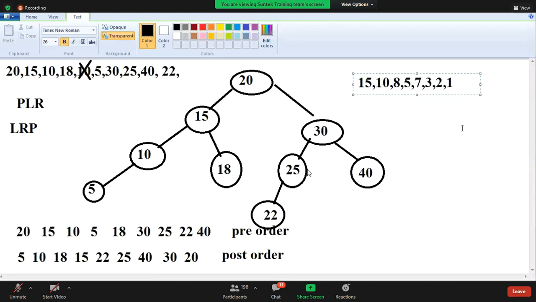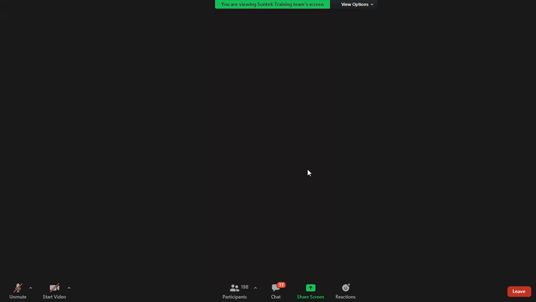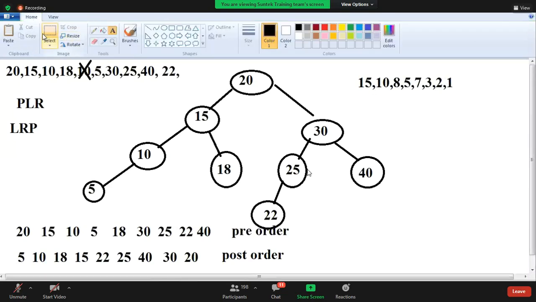If they have given the diagram like this, you try this, guys. This is finishing now. Last one.